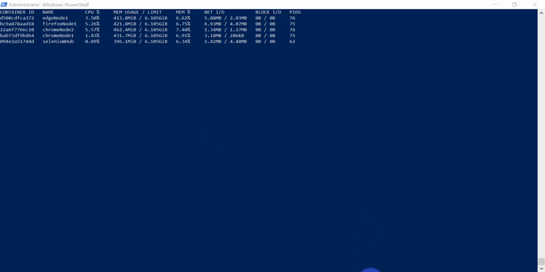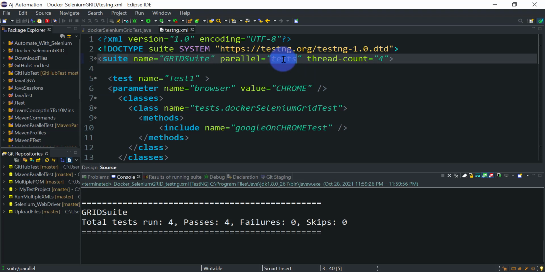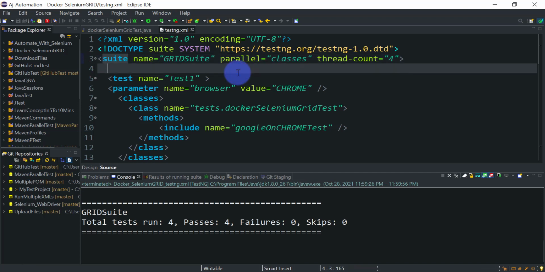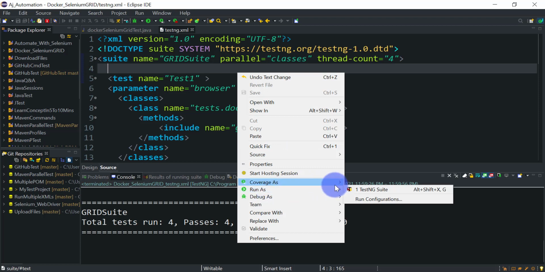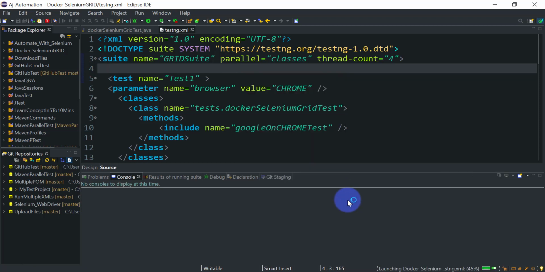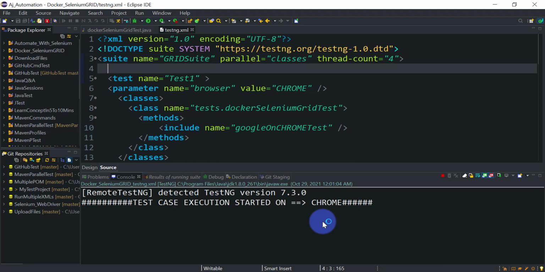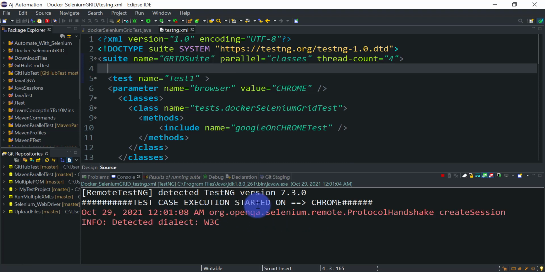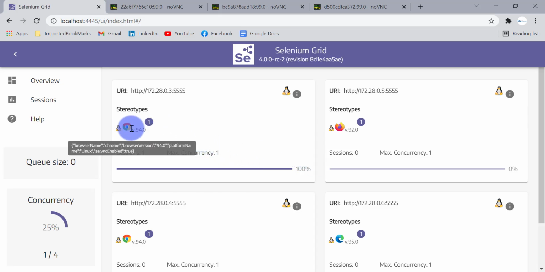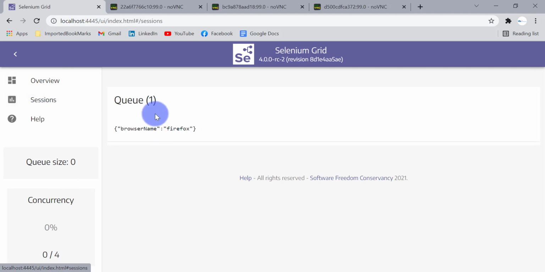Okay, and we can run our test cases serially as well. Just set this to classes. So at a time only one test case will start executing. Currently it is executing on this Chrome browser. What we have here in queue is 1.